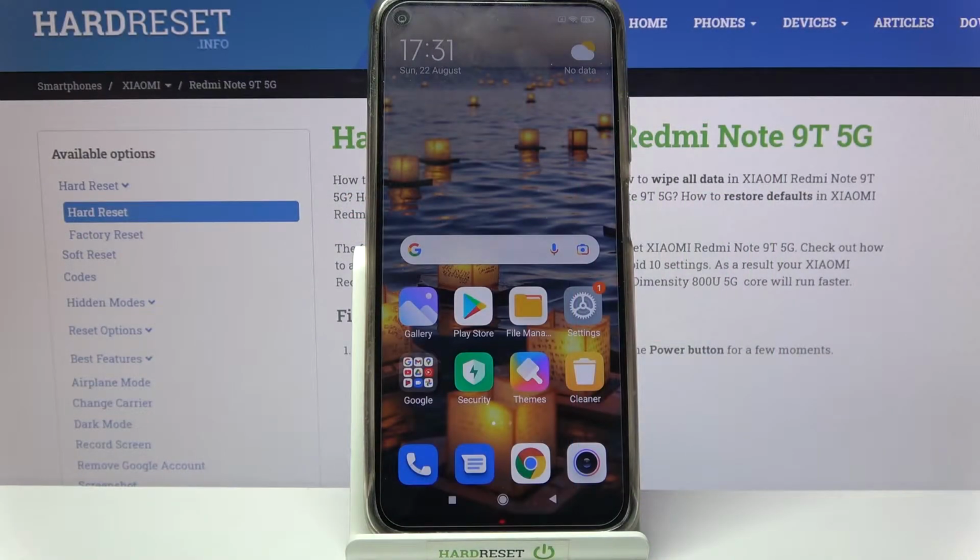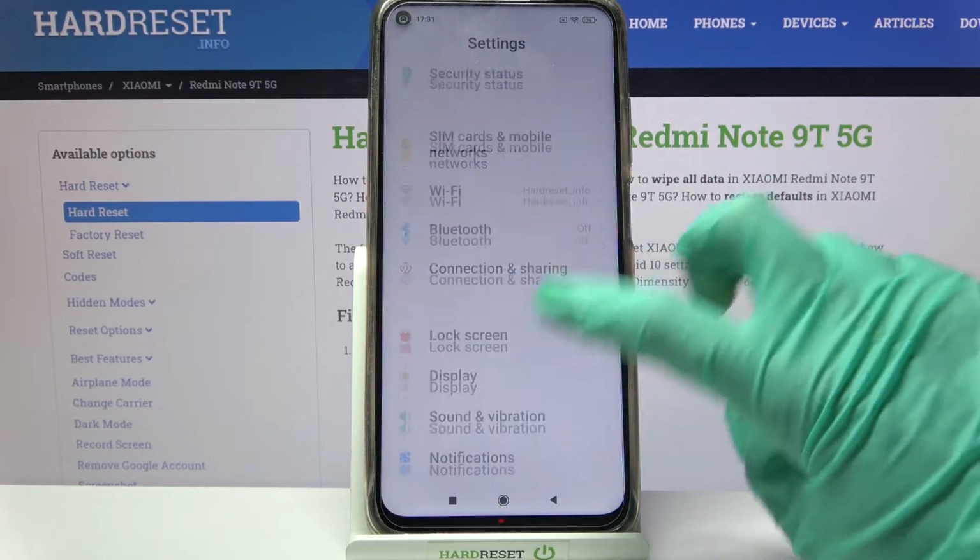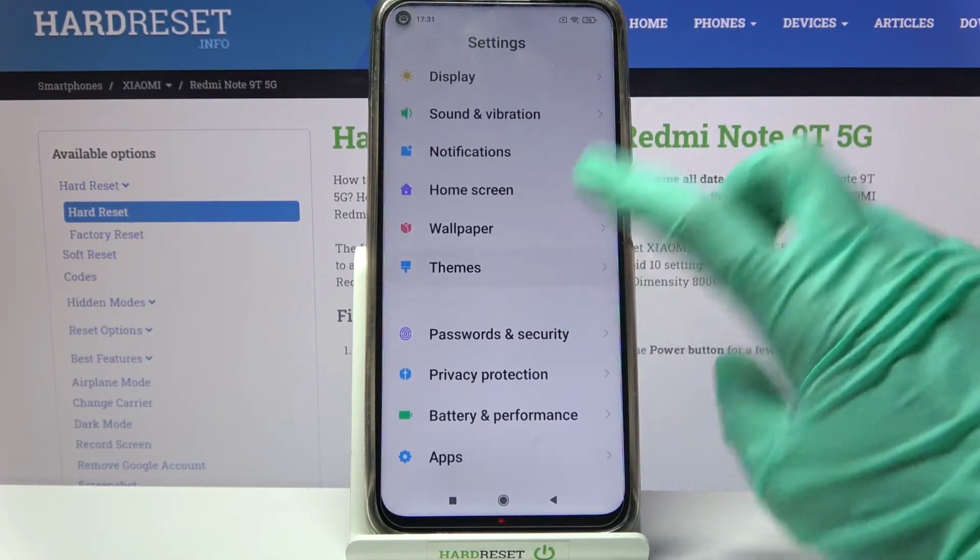Hi, in front of me is Xiaomi Redmi Note 90 and today I would like to show you how you can change theme of this Xiaomi. Firstly, open settings and scroll down. Then you need to choose themes